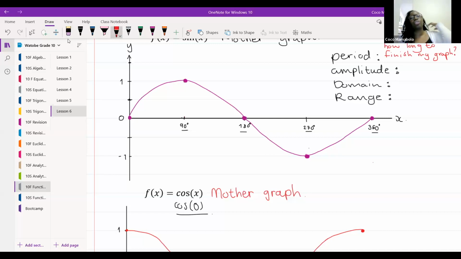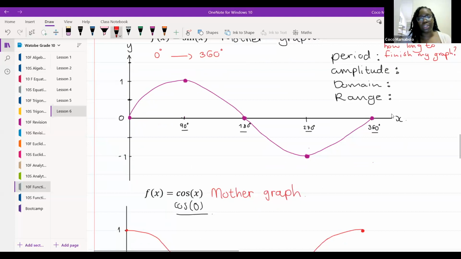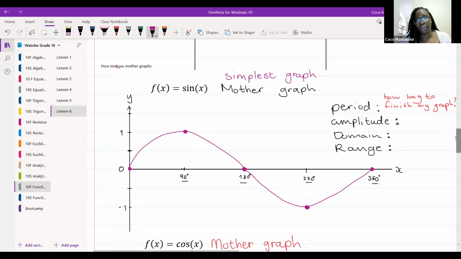How long does it take to finish the graph? So how long does it take me to start at 0, go up, come back down, and land at 0 again? So I need to go up, down, then back to 0. We started at 0 degrees, and we went all the way to 360 degrees. Okay, we started at 0, and we ended at 360 degrees. So the period of a mother graph for sine, the period of the graph